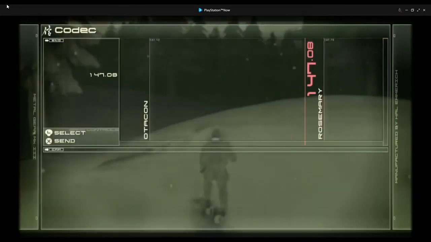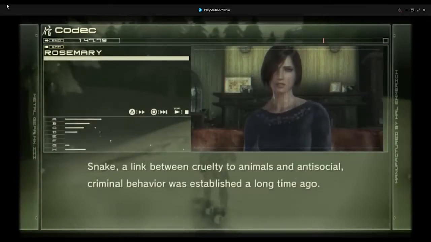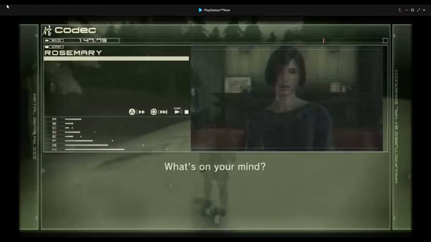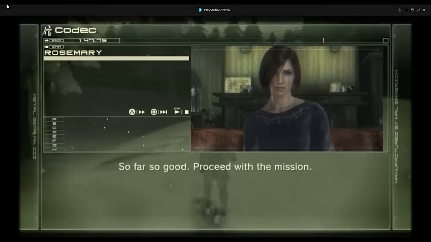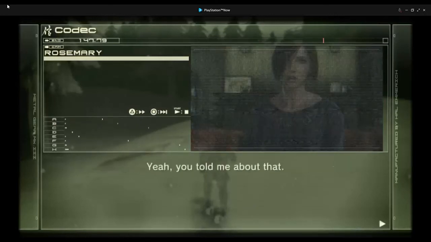Are you still gonna do that? No, I don't want to fight. Snake, a link between cruel... What's on your mind? Just checking in. There doesn't seem to be any problem with your psych. So far, so good. Proceed with the mission. Got it. Snake, the gauge